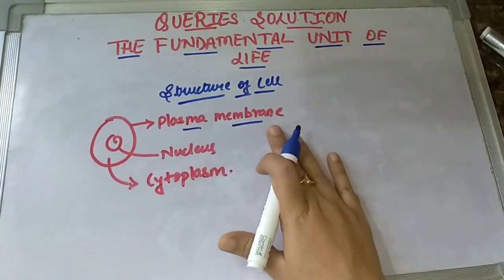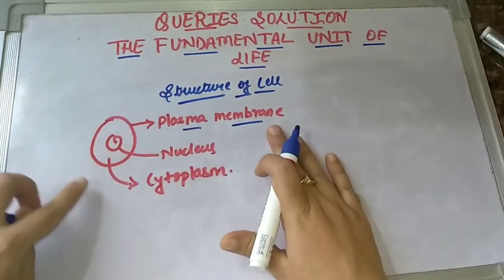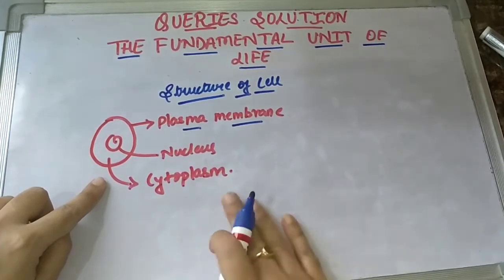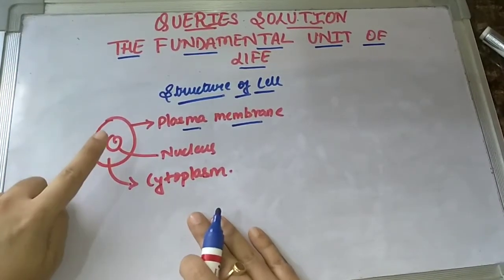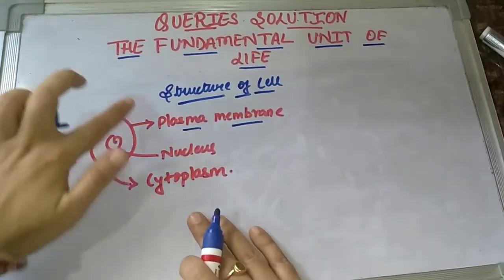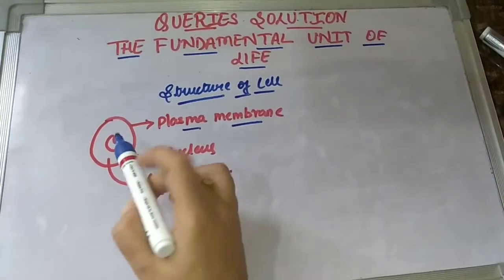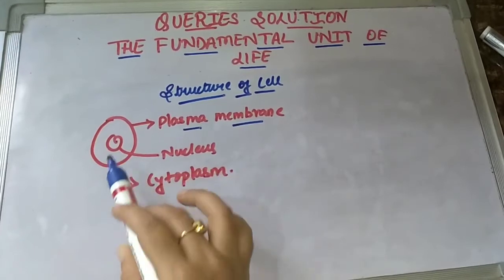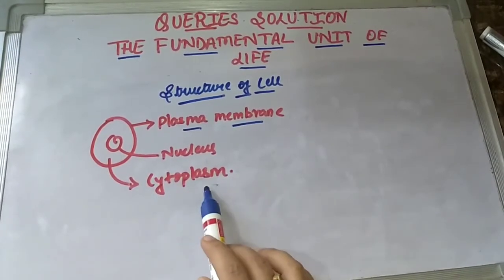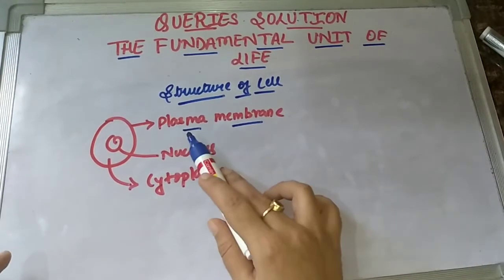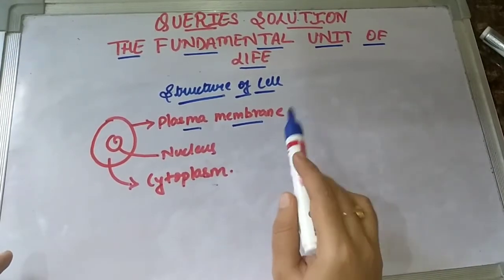So in the case of animal cells, children, this is the layer which is the outermost layer of any cell. And this is how the structure of any cell in general looks. It has a central nucleus, it has a plasma membrane which is nothing but a covering, and it has the ground substance, a jelly-like substance which is present all inside the cell, which is known as the cytoplasm. So in our today's session, as we discussed, we are going to talk about the structure of the plasma membrane.